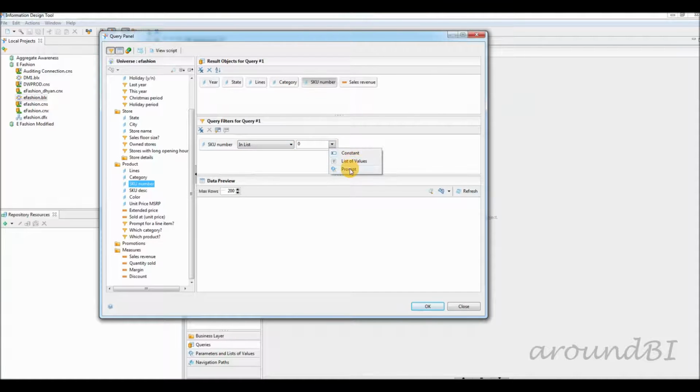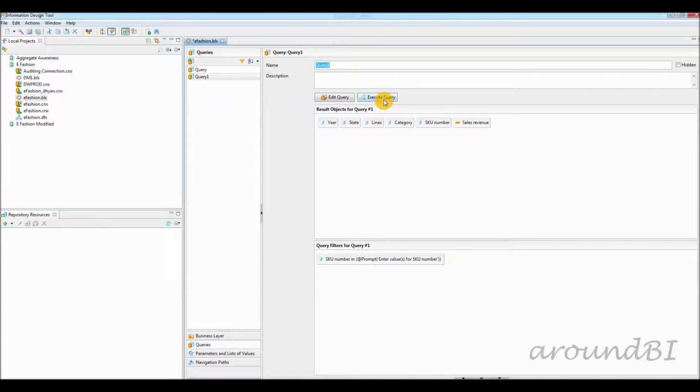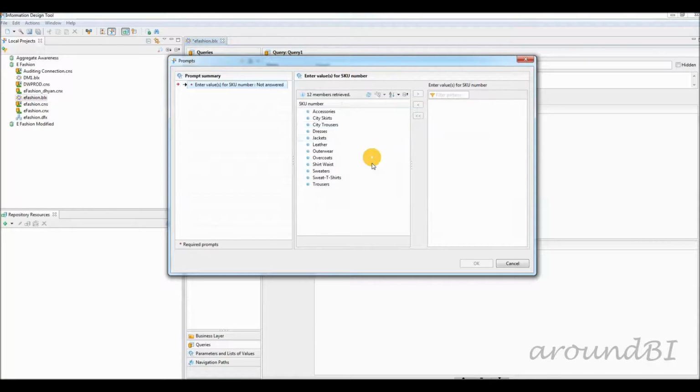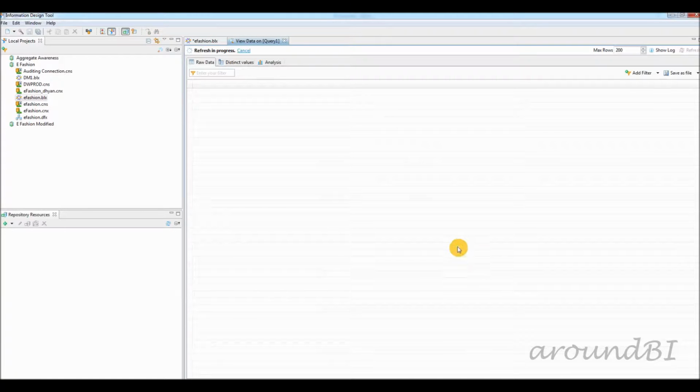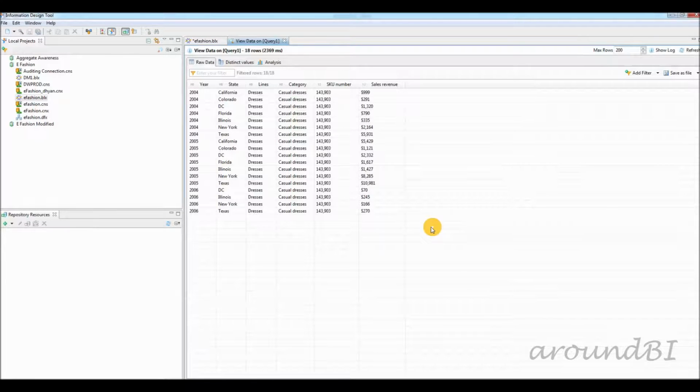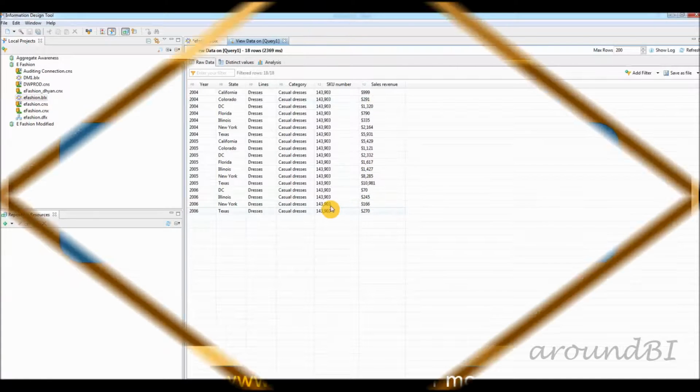Click OK and execute the query. You can see the LOV is coming in proper hierarchical order. To get the SKU number for the dresses and casual dresses category, I am expanding that hierarchy and selecting the required number. Everything looks good. After that, we will publish that universe to the repository.